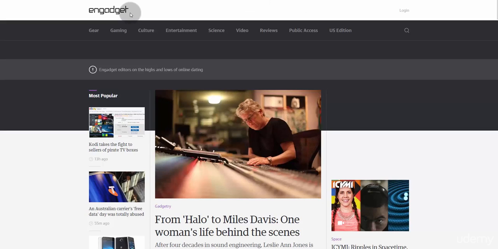Two things you should remember in the header section. Let's analyze this Engadget website. You should structure your menu in a logical way. That is, don't dump every category or page in the header menu. You can see that Engadget has a lot of categories and pages on their website, but in the menu they have added only a selective number of categories and pages, because most of the people visiting Engadget look for gaming gadgets, the recent smartphones, reviews, etc. So the first things they add in the menu are gear or gadgets, gaming news and gaming devices, and